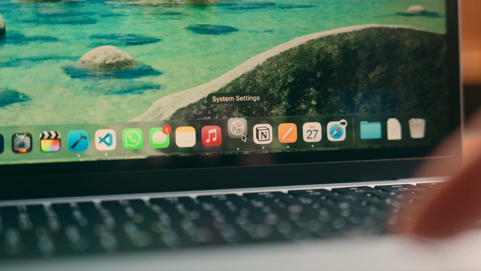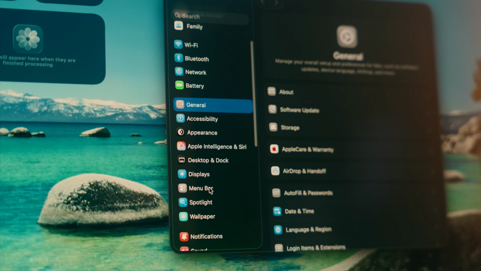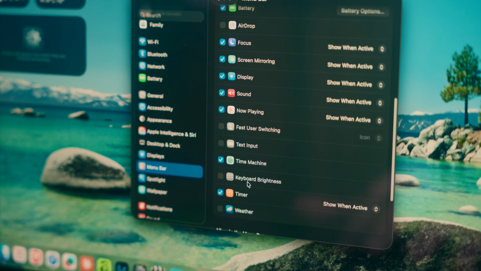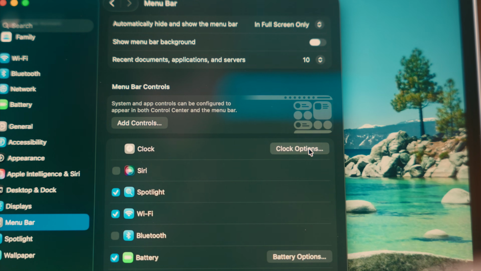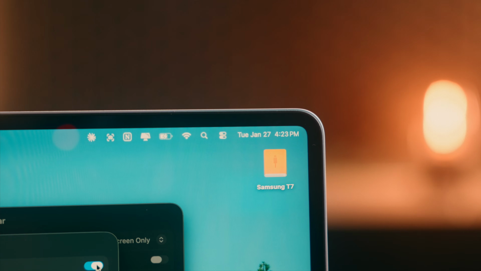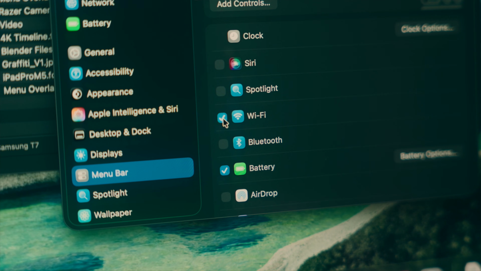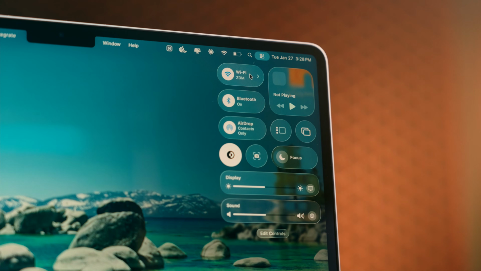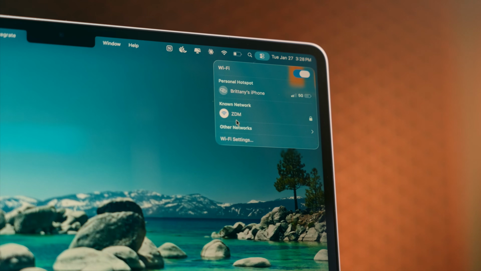If I go to Settings and go to Menu Bar, you'll see that I can select or deselect anything that I want to show up in there, but I can also adjust the clock options where if I remove the date, it opens up a little space there. I also removed the Spotlight and Wi-Fi options. Wi-Fi I never really touch, and it's already in the Control Center anyway, and Spotlight I prefer to bring up